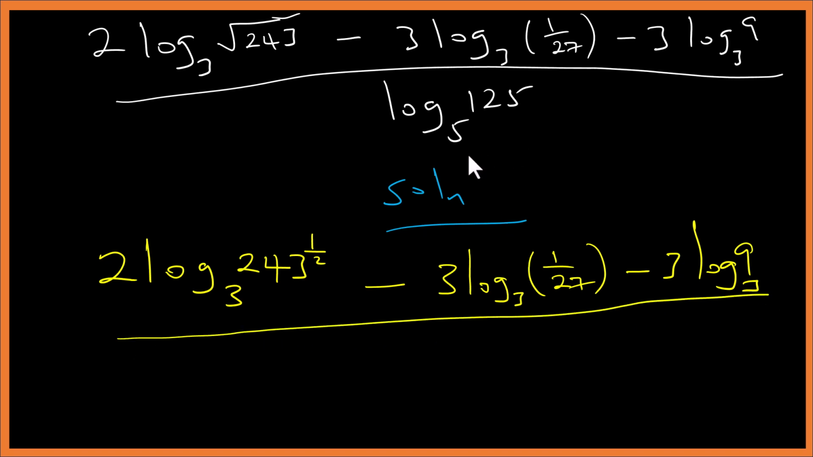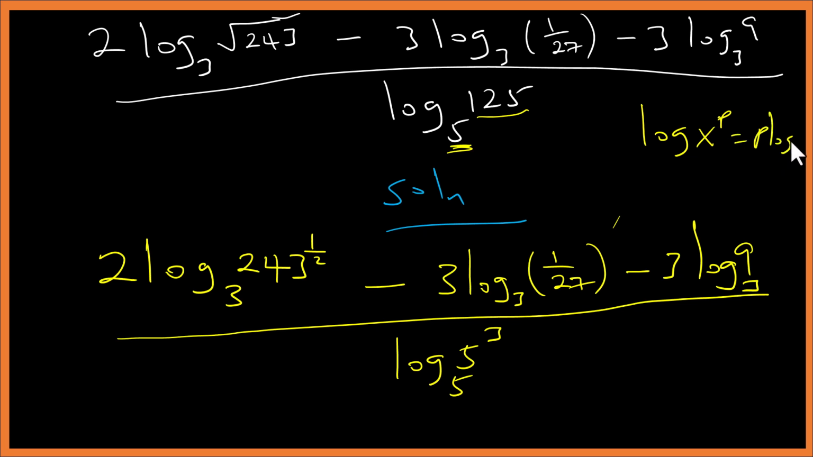So let's write this 5 because of the base 5. Let's change this one to 5 to the power 3. Now when we're given log x to the power p, it's the same as p log x. So this side will be 3 log 5 to base 5. And we have another one here, so the half will come here. Okay, so we have half